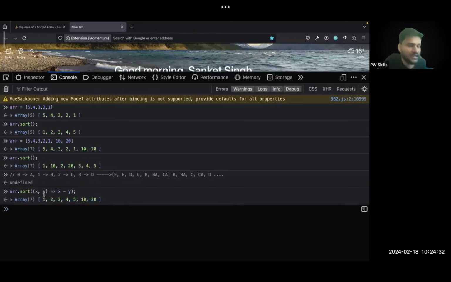Why is that? First things first. This callback method is called a comparator method. That is, it is going to do some comparison between the two elements. Now, in JavaScript, if you subtract any two elements, let's say the two elements are numbers,